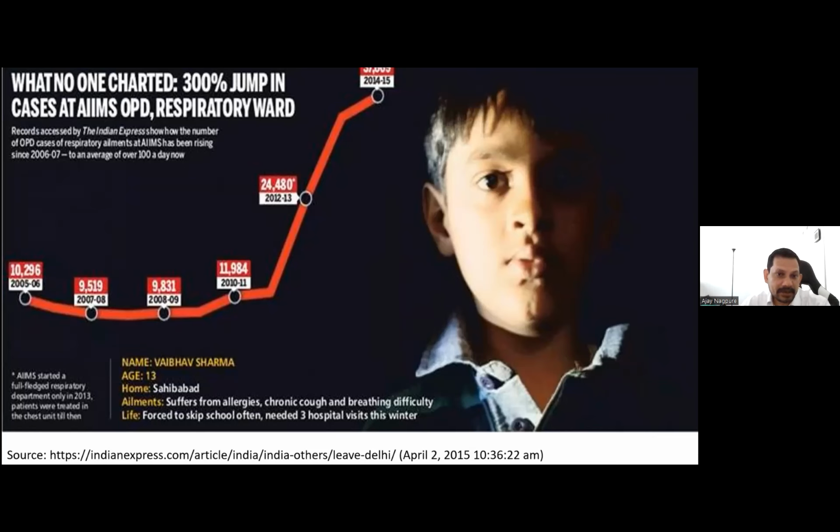These are hospital data, so they have to believe these data. They can deny a global estimation or something like that. If city data is not available, we can definitely use the global data. But if there is some city-specific data available, always try to present these types of data to the city people and politicians. It would affect them more, so that they can realize the situation on the ground.